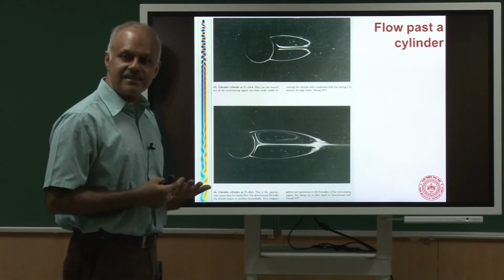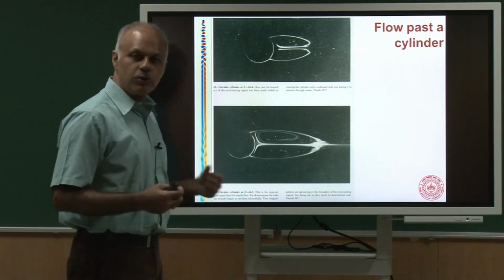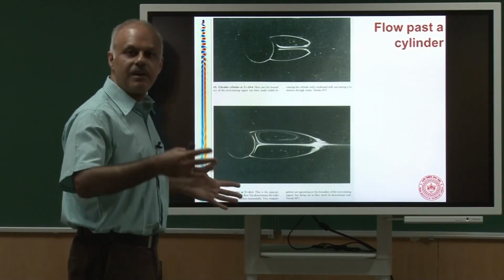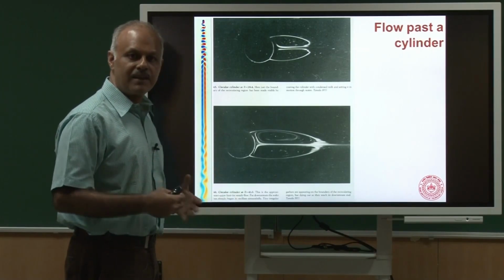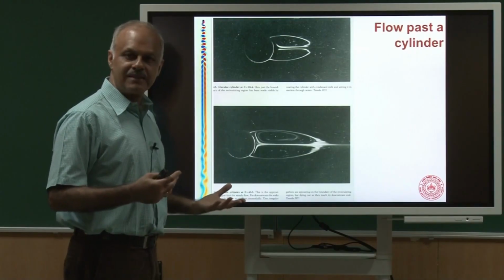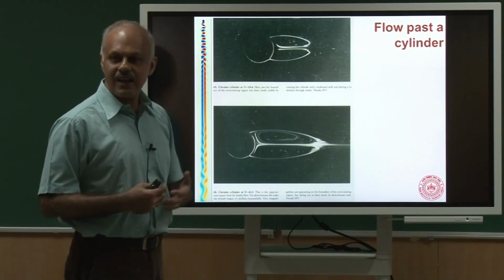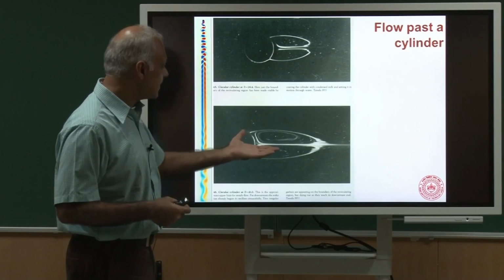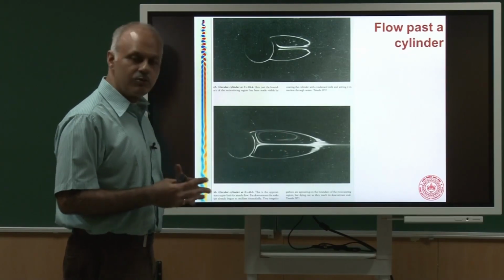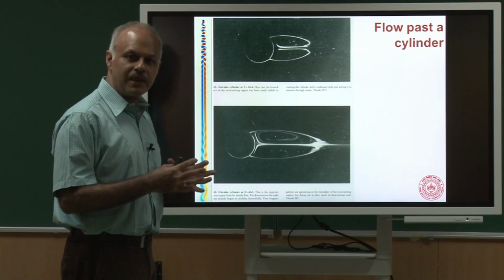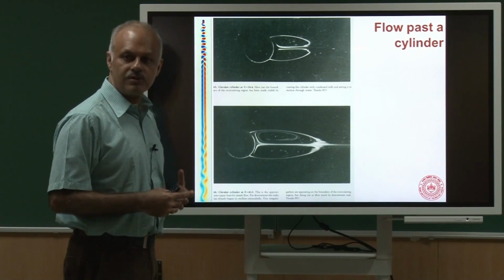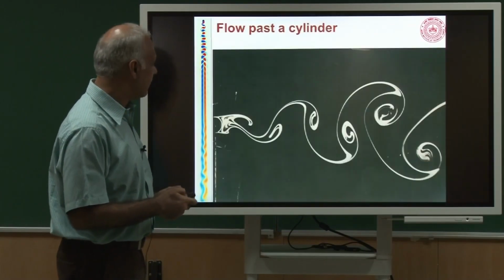And now something interesting happens. You have these two vortices. If you increase the speed further, both of them are trying to grow, but as would happen, one of them wants to acquire more space and would try to elbow the other guy out. And this is in fact what happens. If you increase the speed any further, then one of the vortices, because of some reason, becomes a little bit larger and tries to push the other guy down. Okay? And let's see what happens.